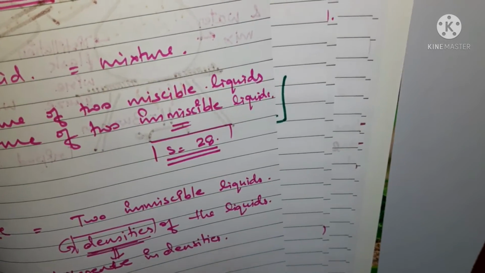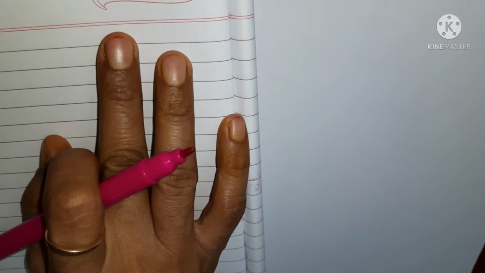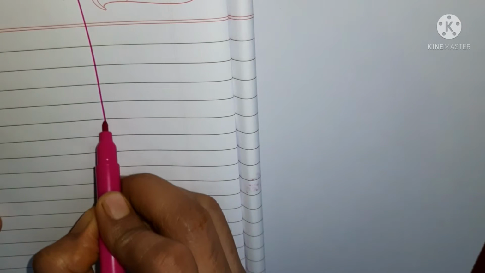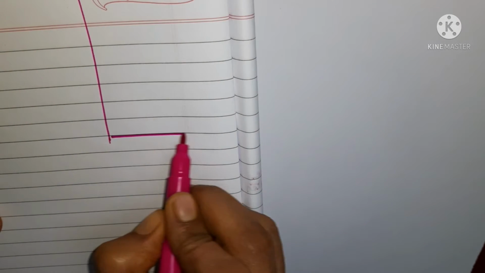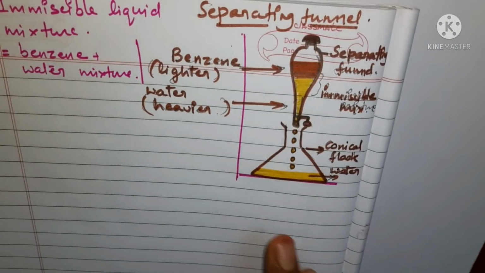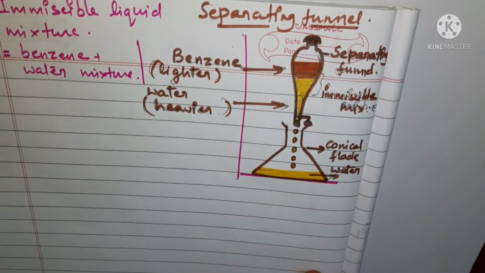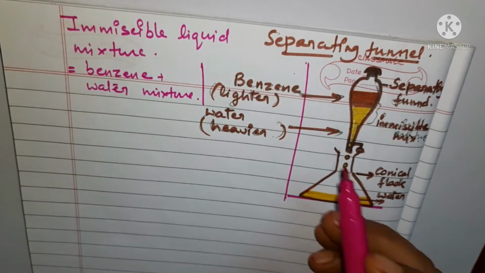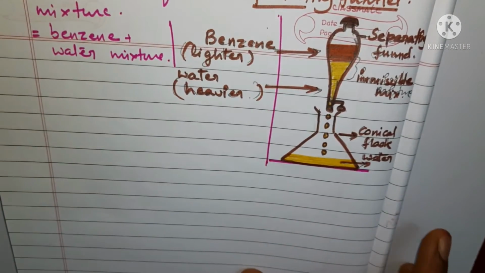Before that, I know it is very confusing to you now, but I'm just letting you understand the setup first. Let us try to understand this setup first. Say you are given one stand over here, and let me draw one setup for you first. So here I have made this experimental setup for you so that you do not waste time. I have drawn it prior to this session.